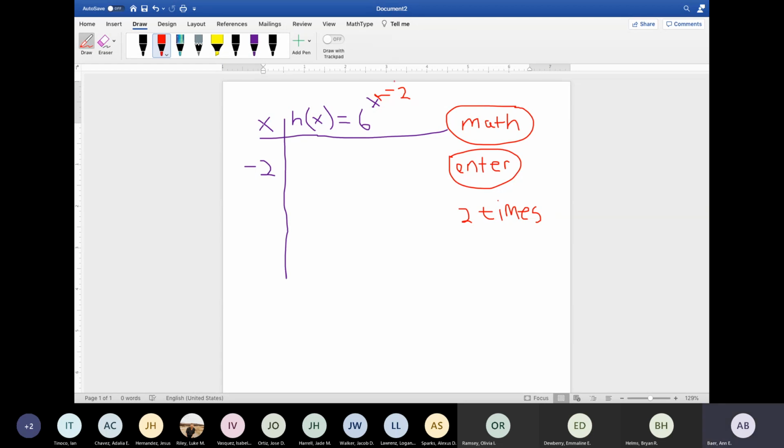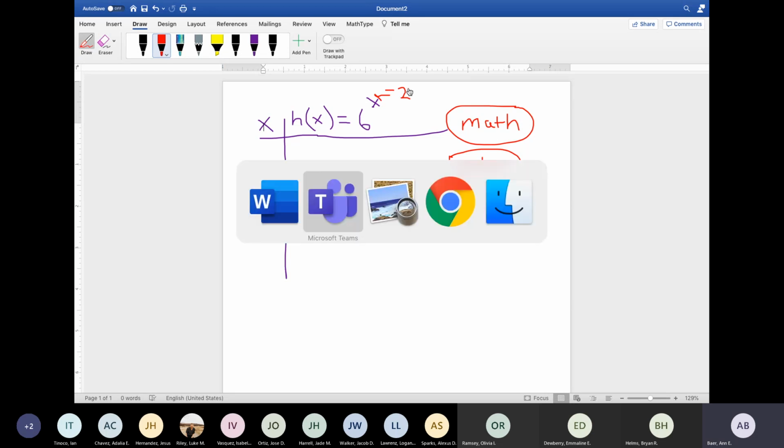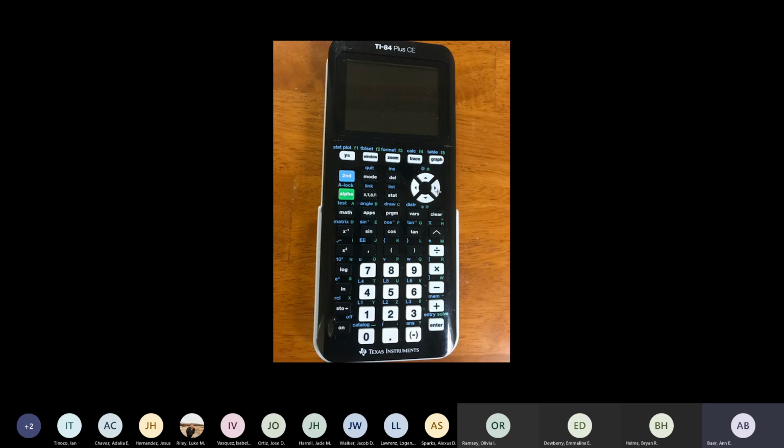And then at that moment, I'm going to have a -2 in the exponent, and we're going to need to get out of the exponent. How do we get out of the exponent? With the graphing calculator's arrow keys. You can right arrow out of the exponent. I'm going to use this right arrow right there, and that will take me down to the normal line of writing. And now I'm ready to convert that to a fraction.